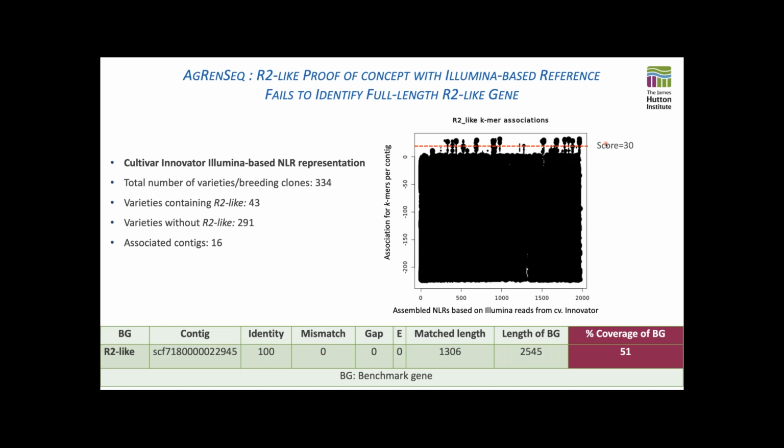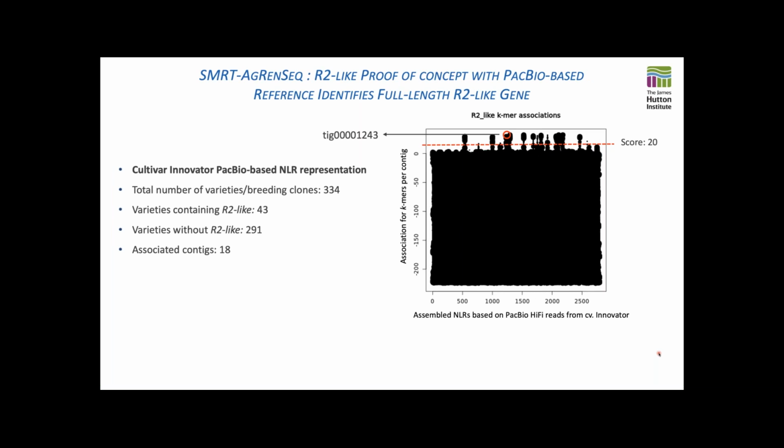When we looked for the closest homologue of R2, we were actually somewhat disappointed, because although we found something that has identity to R2, it's actually only 50% of the entire R2 gene. So using Illumina reads didn't help us to identify the full-length gene. So we changed our approach, and we took PacBio reads to represent the cultivar Innovator, or the resistance genes of